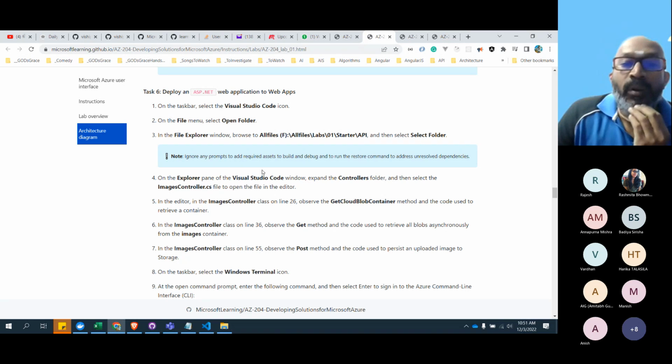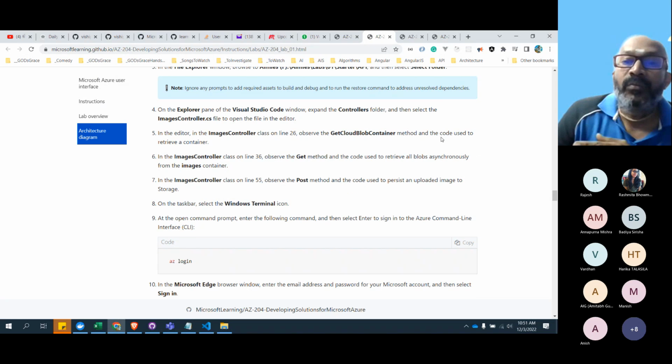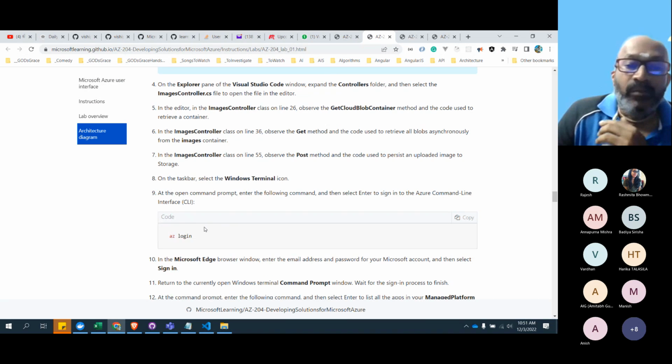Then we'll open that, expand, and select the images controller, and open the file in the editor. Here in line 16, we have some piece of information, and in line 36, and these are some of the lines. First thing, I already logged in.